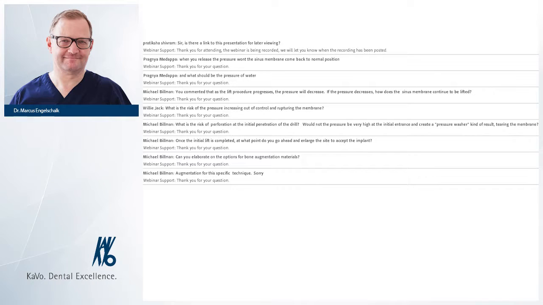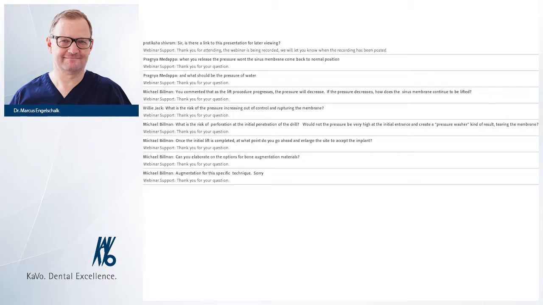Then with more liquid, you see the small mountains. You will create a little bit of increasing pressure, because the membrane gives to the liquid, but then you will elevate the membrane and the pressure will go down because the membrane will be lifted. This is a perfect control mechanism during the operation. If you look at the curve of the pressure, then you know you have pressure, the pressure will disappear, you know now it's lifted, and if you bring back